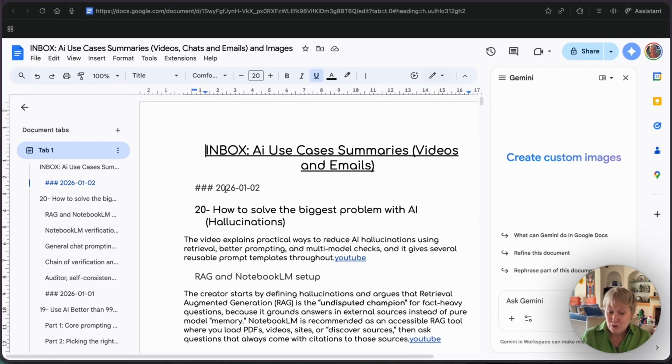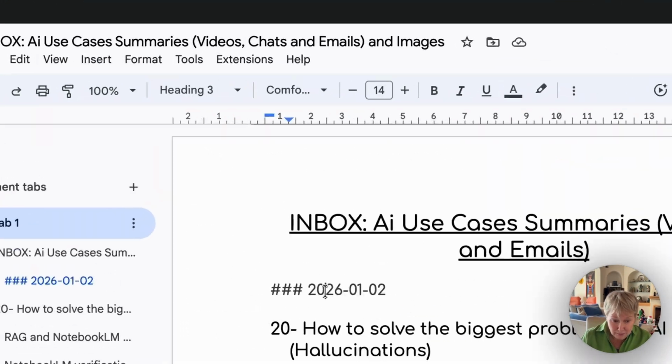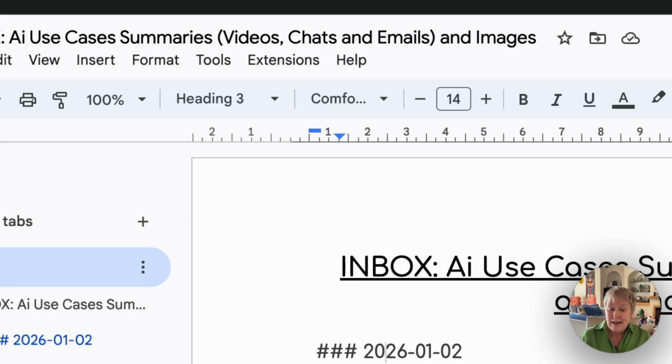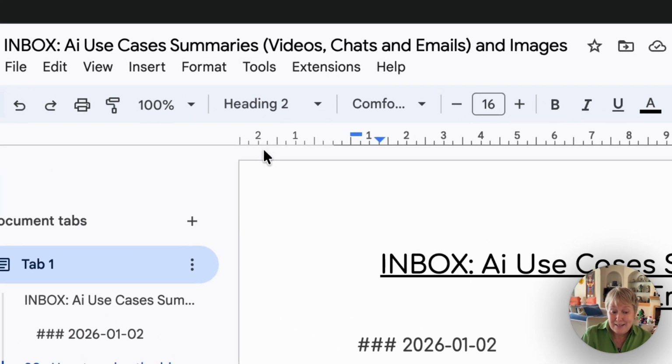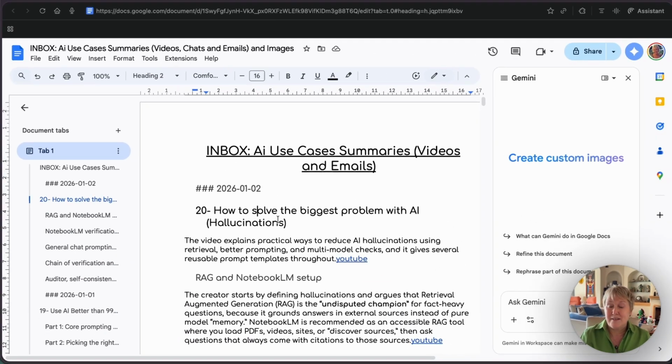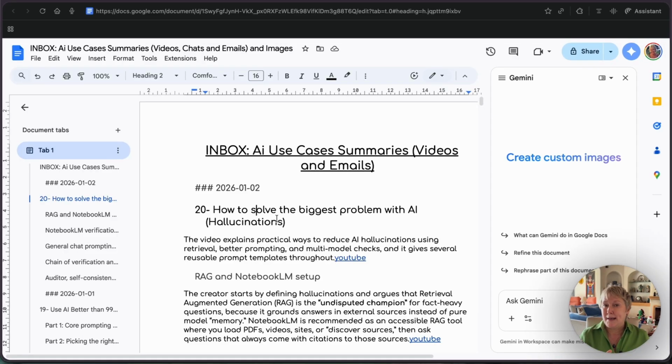After that, and that usually is in heading 3. So if we look here, it's in heading 3. When you put your summaries, and I will show you where I get those summaries, you put your title in heading 2. That's important because it gives the signal to NotebookLM that it's new information or a new summary. So you put heading 2, and you actually front load your new summary at the beginning of